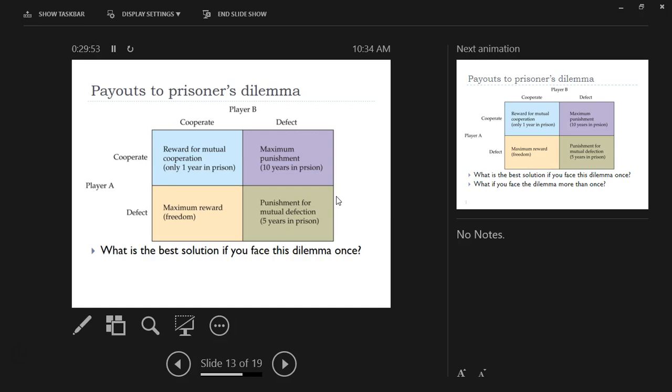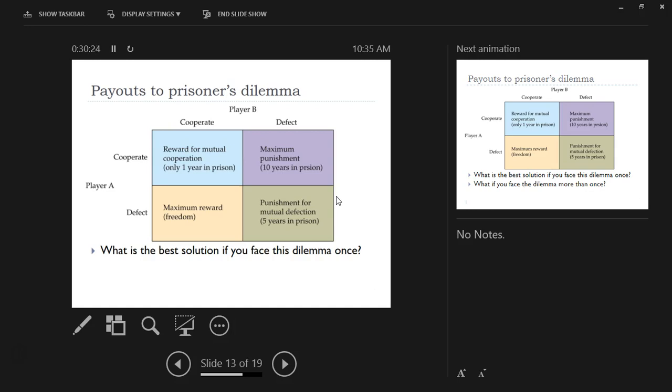Lots of people just don't know. Like I like to be a nice person. My bias is to cooperate, but I don't know. I mean, if you look at this, a way to think about this is that, okay, let's say that player B cooperates. You don't know this, but let's just say they cooperate. If you defect on them, if you squeal on them, you get freedom. If you cooperate, you get 1 year in prison. So it is better to defect, right?